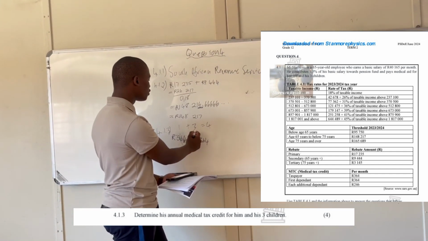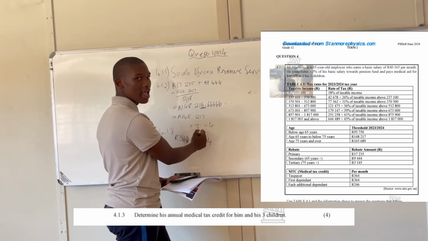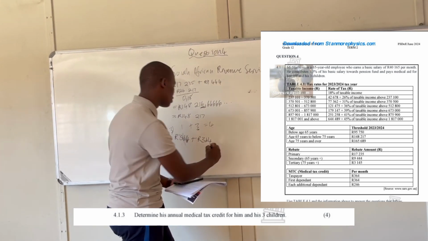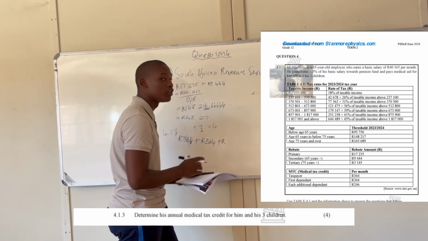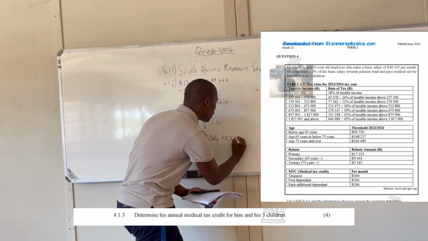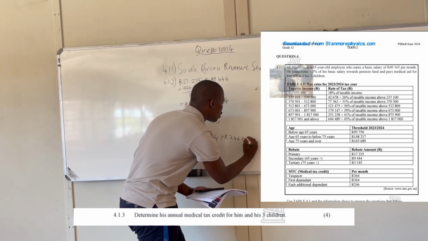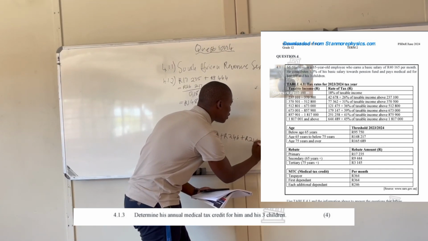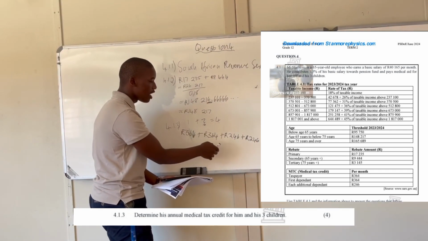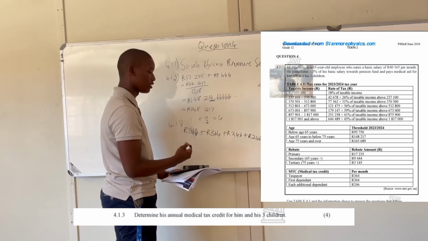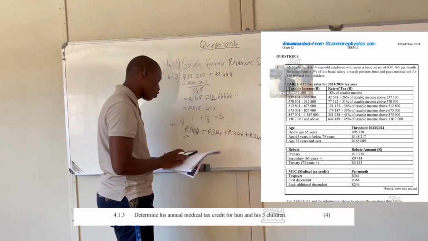And then we are left with 2 additional dependents, which is 246 plus 246. So this is him, this is the first dependent, and 2 children. So we are going to get